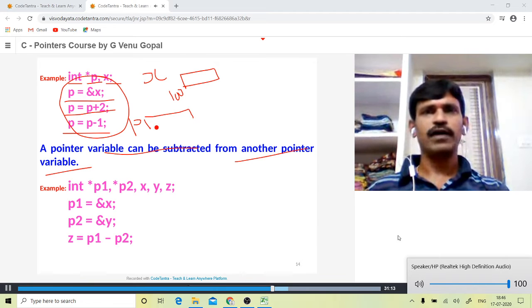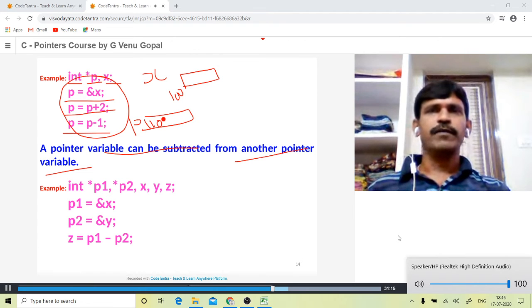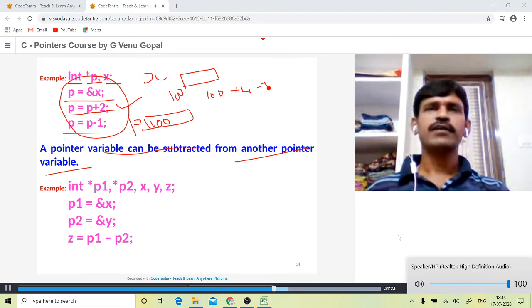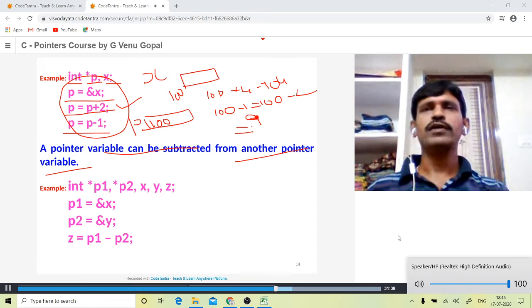It is stored with 100. When I add 2 to this, 100 plus 2 into 2, it is 4. So it will become 104. Similarly, 100 minus 1 means 100 minus 1 into 2, so it will be 98.